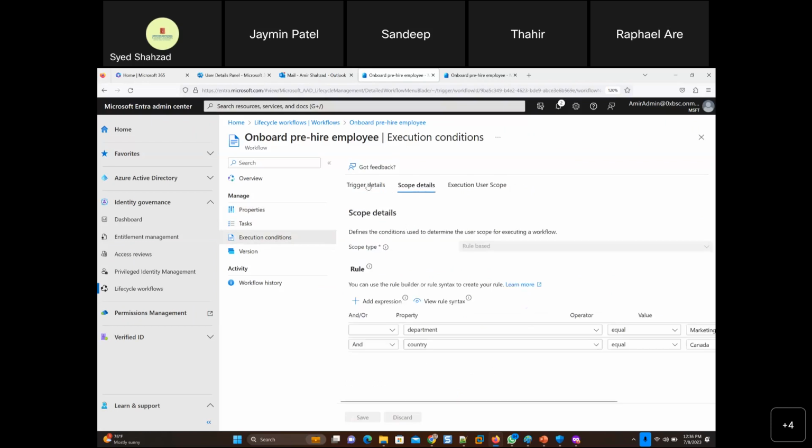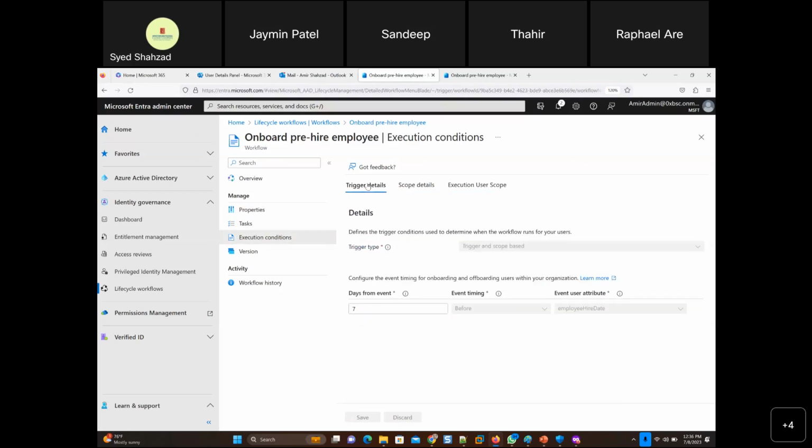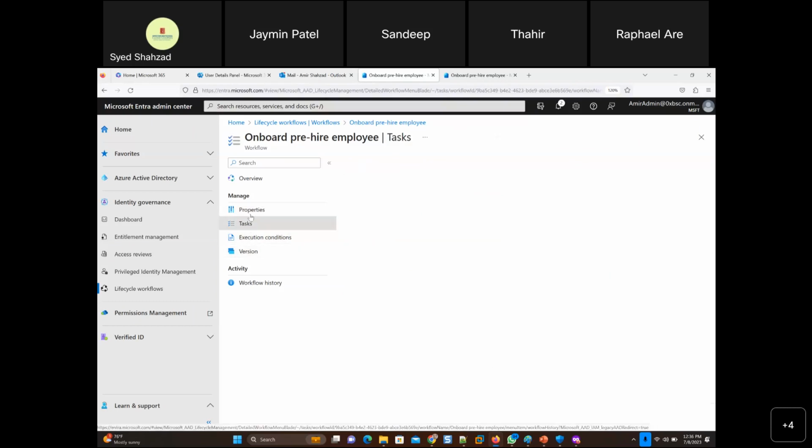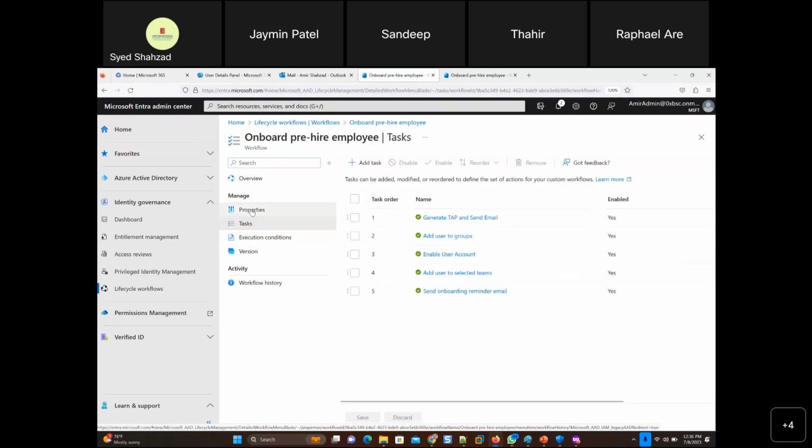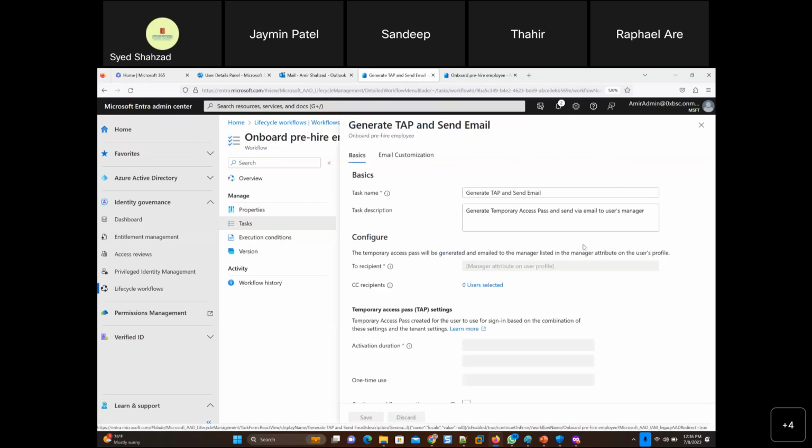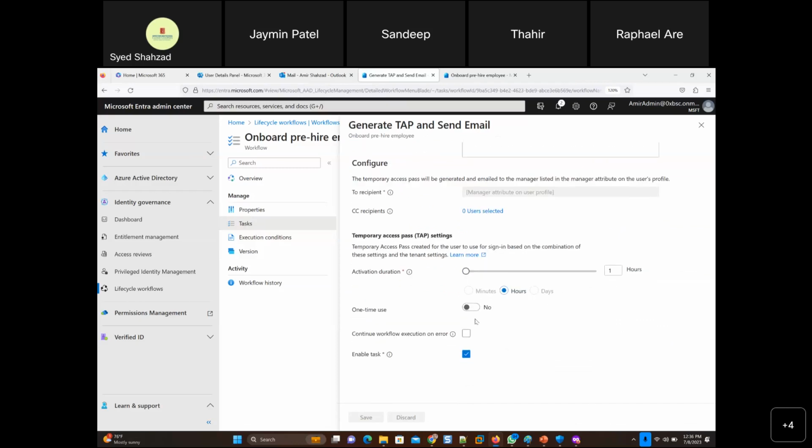Yeah, these are some of the rules that I created, but I need to check the TAP, or there's a generate TAP. So there's some kind of hire date that we need to put there. CC recipients. Since it checked before 7 days from hire date, that's why. One-time use. Okay, I'll go for one-time use. One thing, and the second thing is activation duration 1 hour. Temporary access password for the user to use for sign-in based on the combination of